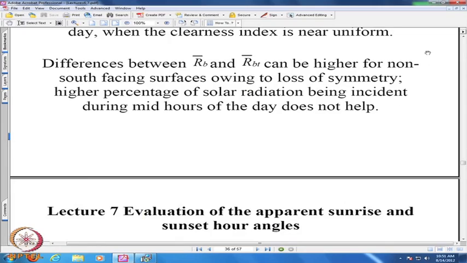So, this brings us to the end of lecture 6. In general, we briefly reviewed the equations we have derived so far and the empirical relations, and then the short term calculation of solar radiation on a tilted surface has been extended to a long term, for example a day, and that resulted in, strictly speaking, a summation process or an integration process. However, with certain approximations of calculating under extraterrestrial conditions, we could evaluate R b bar for the day with an analytical expression of complexity analogous to that of the hourly calculation, not more complicated,